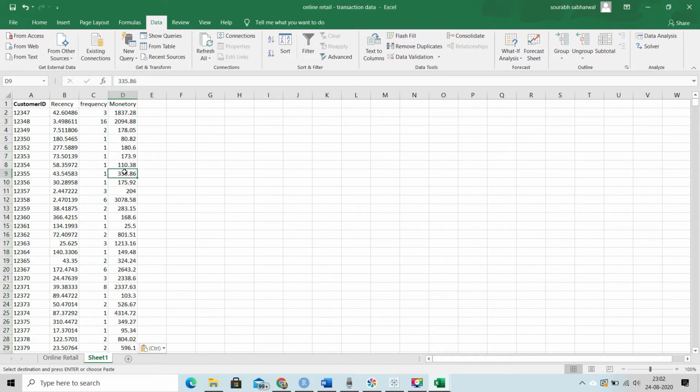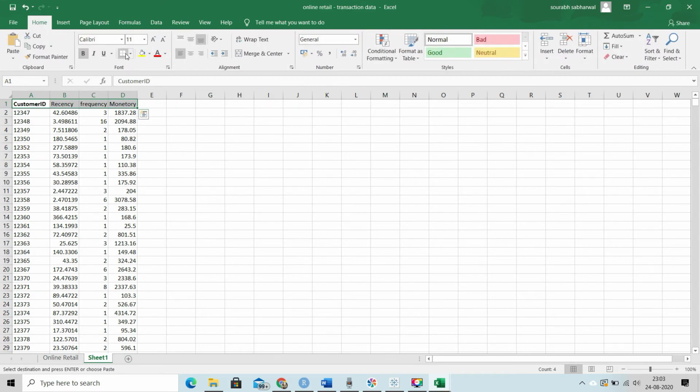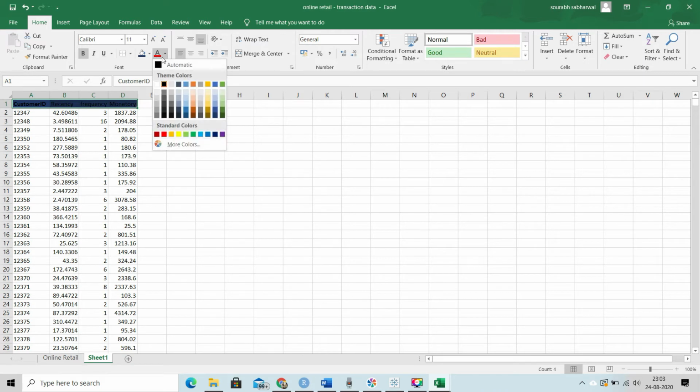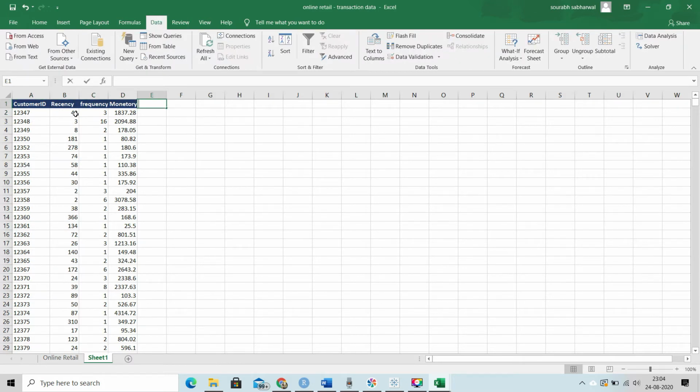Now let's do a little bit of formatting so that the data looks cleaner. Now, based on the values of each attribute, recency, frequency, and monetary, let's find out their scores. How to give this score?